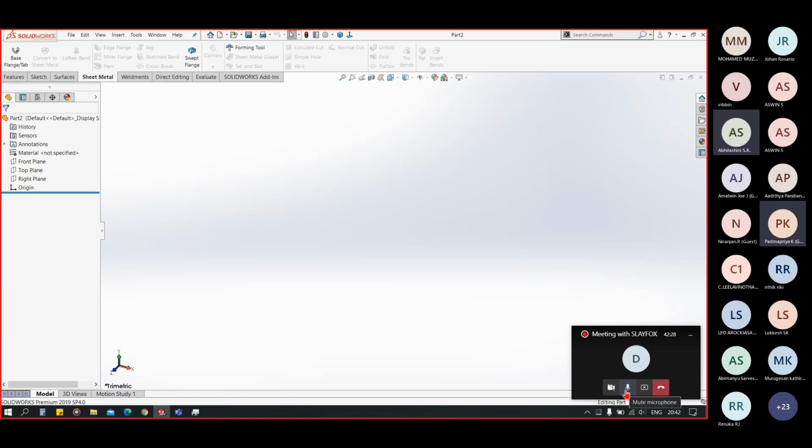So I told you about the two different approaches in the sheet metal. Can someone revise that for me? So we can draw base flange and use edge flange for constructing a sheet metal. Okay, and the other?